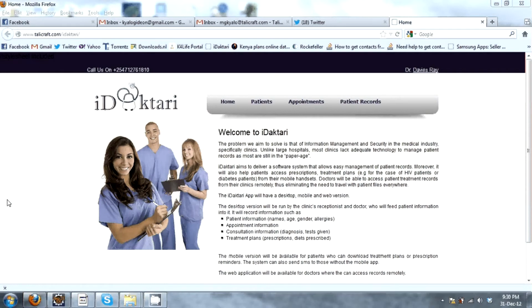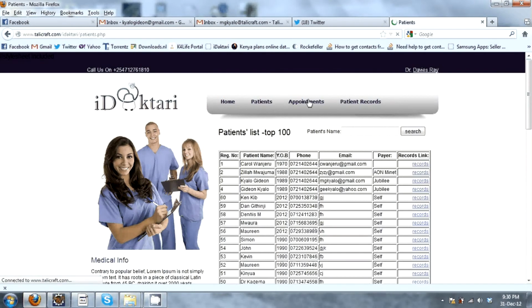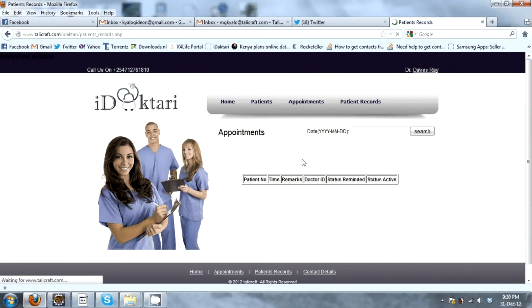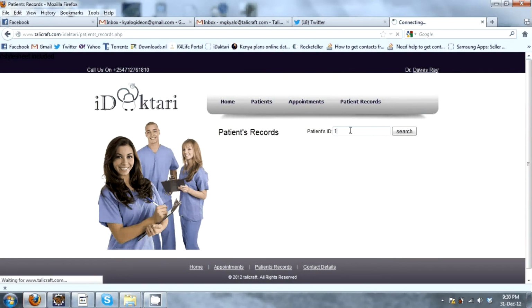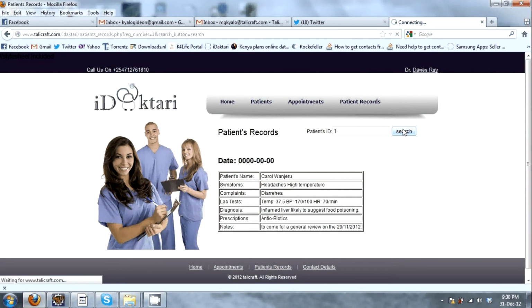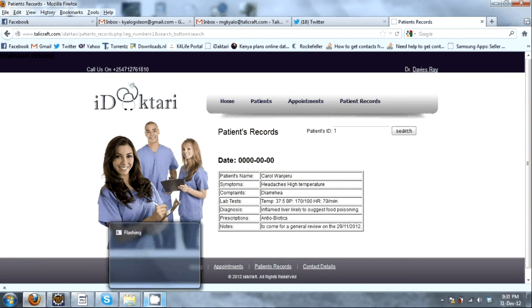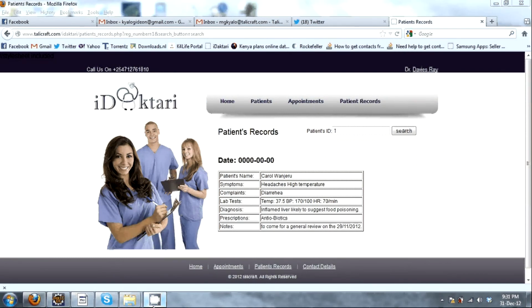And from here you can see there's the home tab, which brings you the list of patients, the list of appointments, and the patient records in detail. So if I come and say patient ID, you can see it's Carol Anjeru, and it gives a list of symptoms, some complaints, some lab tests, some diagnosis. So this is what the Telegraph team will wish to expand now to become